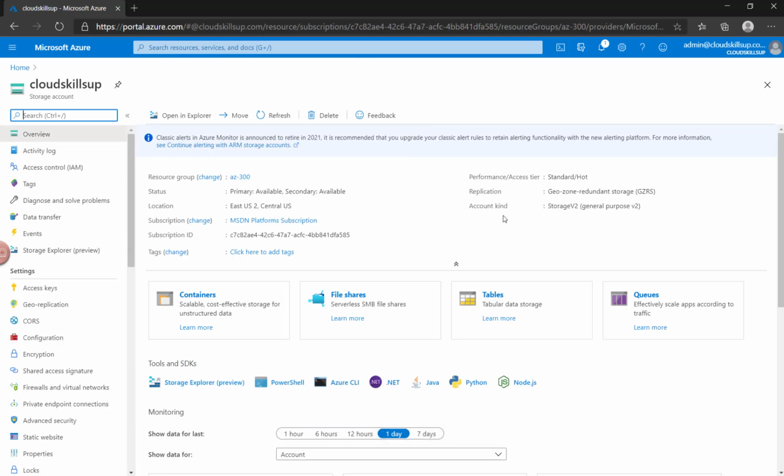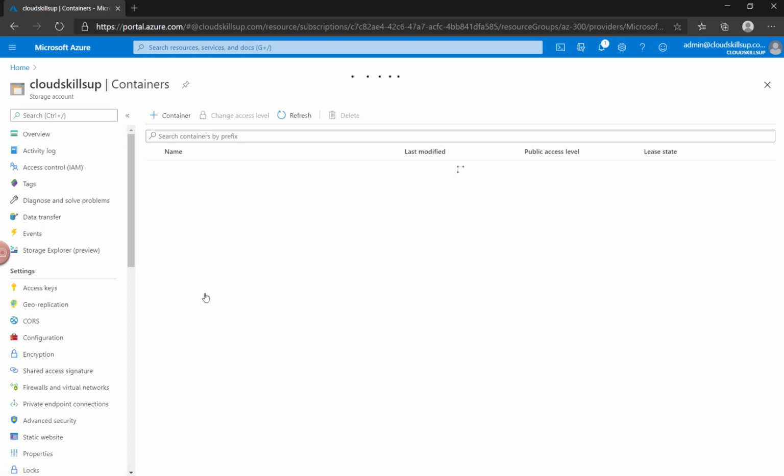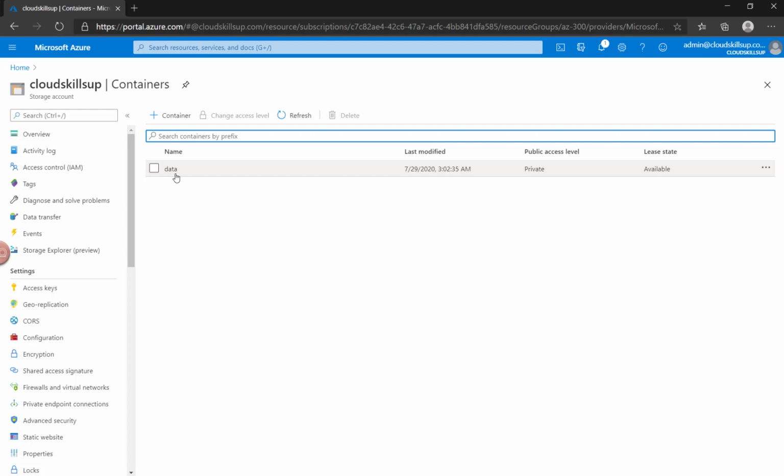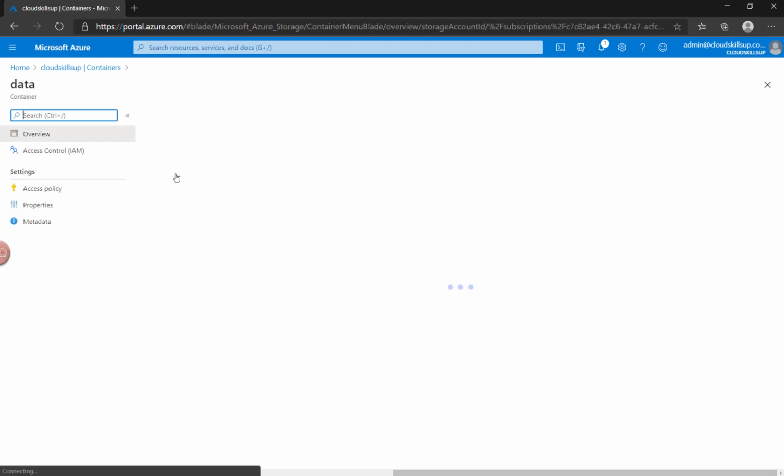Now I am logging in with the admin user, and I have already navigated to the storage account for which we have provided the permission. If I click on the container, I will definitely get the data container. Now if I click on the data container after providing the permission, I should get access to this particular container.